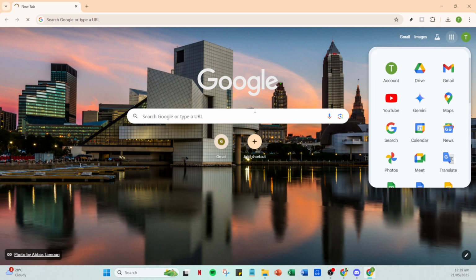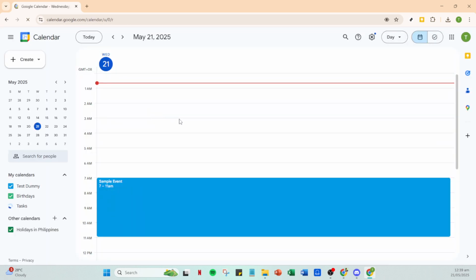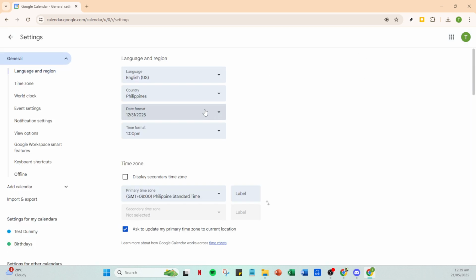Once your Google Calendar loads, look for the settings icon, typically represented by a small gear symbol on the top right part of the page. Click on the settings icon and another drop-down menu will appear. Here, select the option labelled Settings. This may seem like a redundant step, but it ensures that you're taken to the full range of customization options